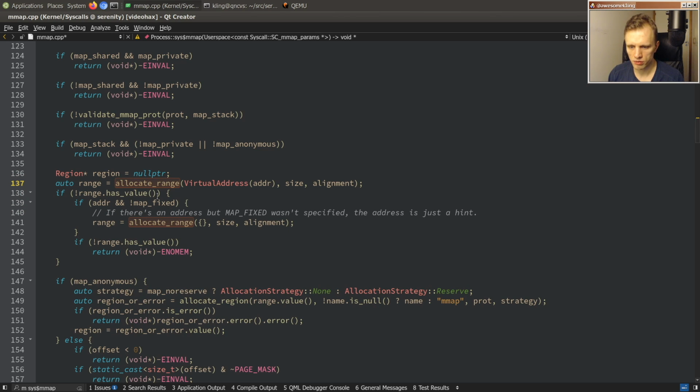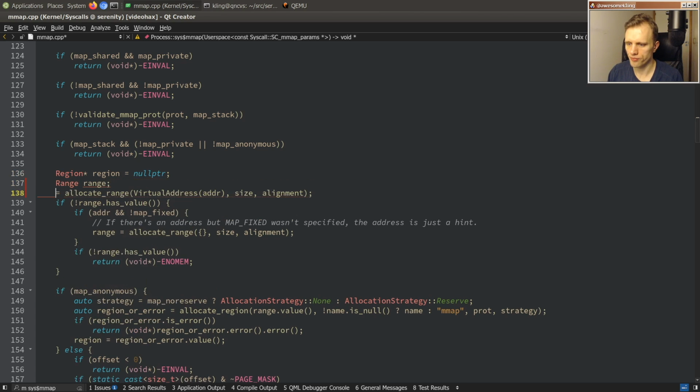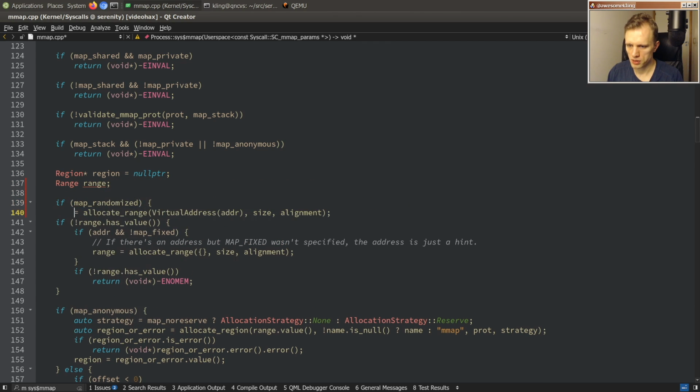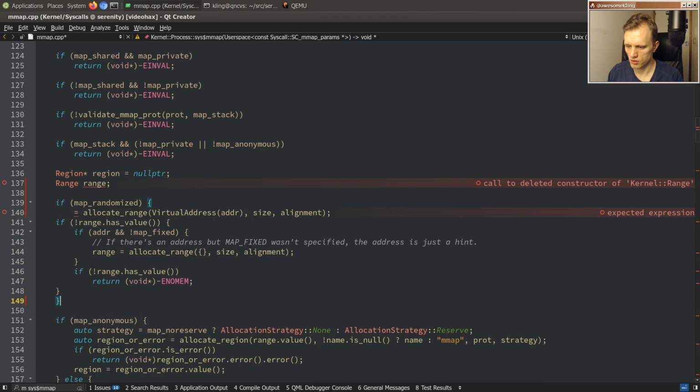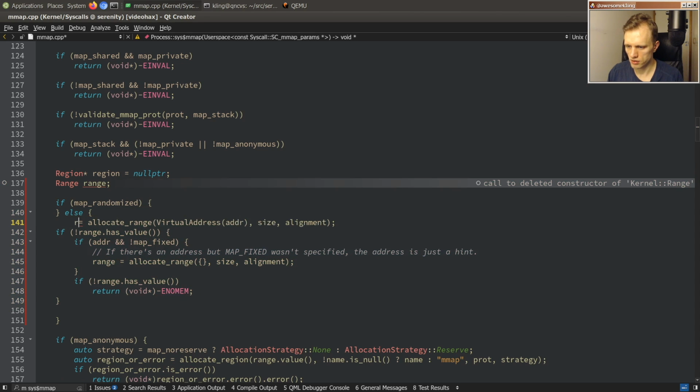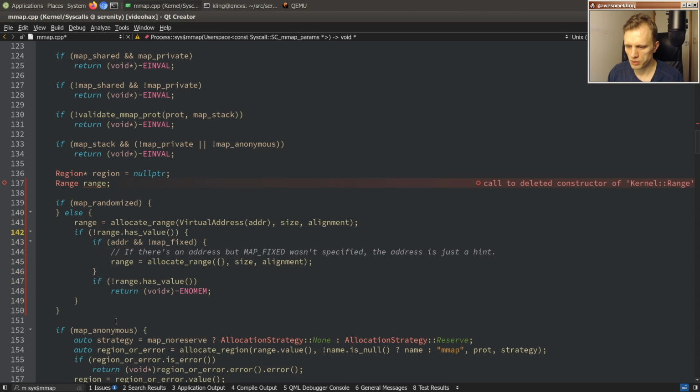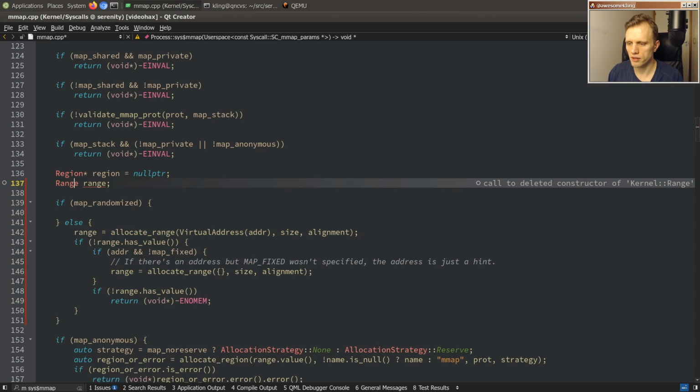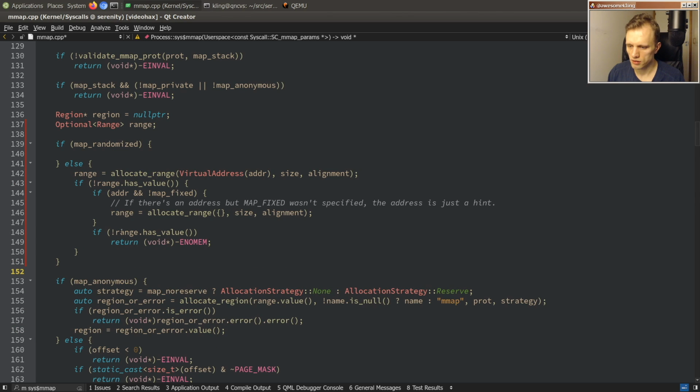So this calls allocate range. I guess we can do something like this. So map randomized. So this will be sort of the old code path is here, and then the new code path. I guess it's an optional range. So if we don't randomize, then we just do the old thing. But if we do randomize, then